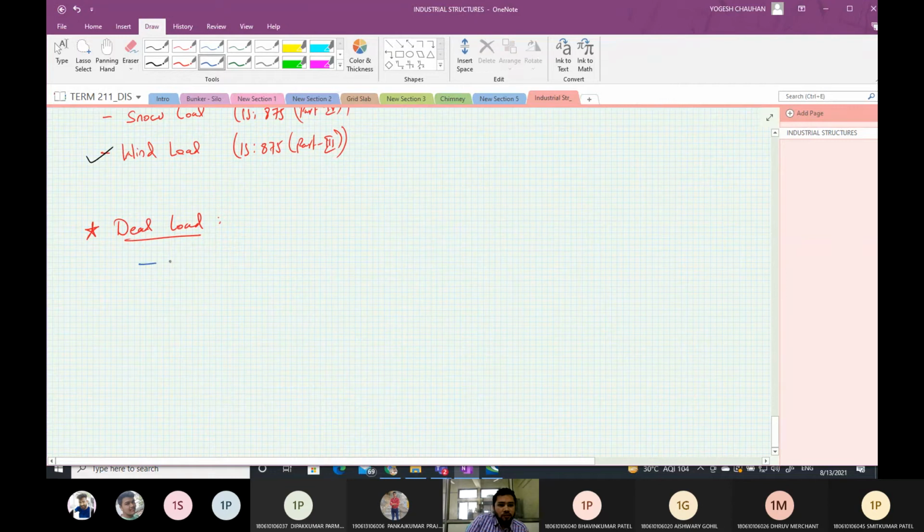The self-weight of the truss can be approximately calculated as span in meter divided by 3 plus 5, multiplied by 10.